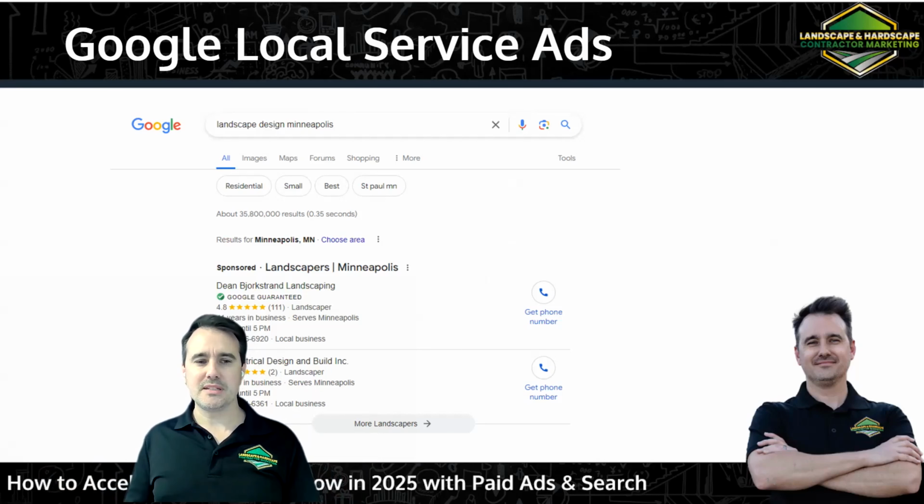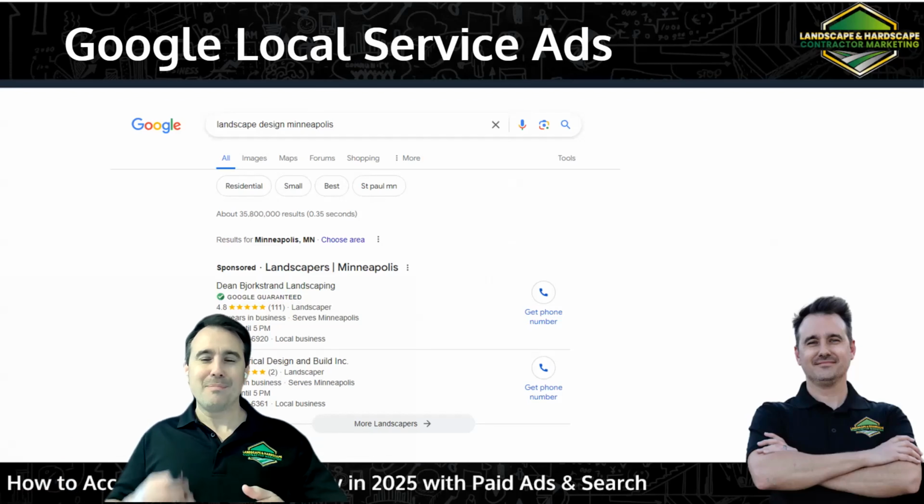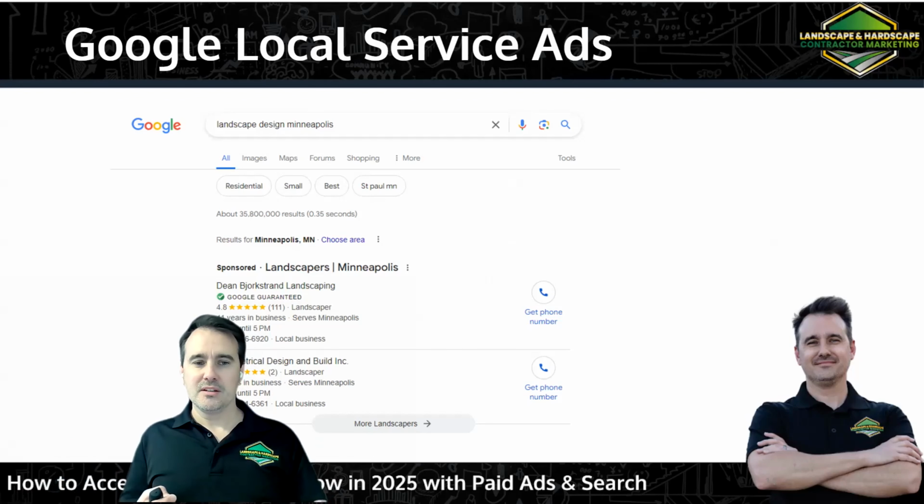So we'll go into some more detail here, but you can see two businesses in Minneapolis. Dean Bjorkstrand Landscaping has the Google Guaranteed badge, so they've done a background check on the owners to get that badge, and then you can see Symmetrical Design and Build. But if you notice, there's a massive review difference between these. So most people are going to be contacting Dean Bjorkstrand first,